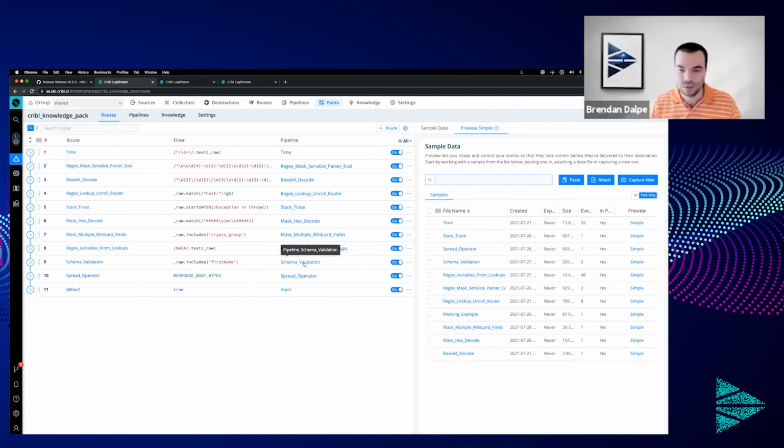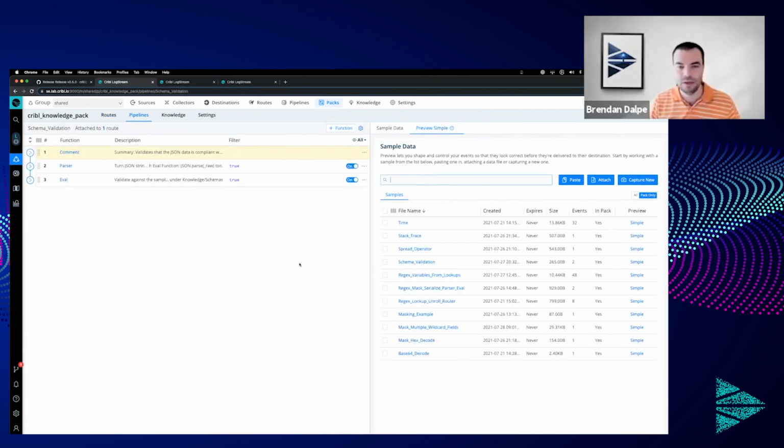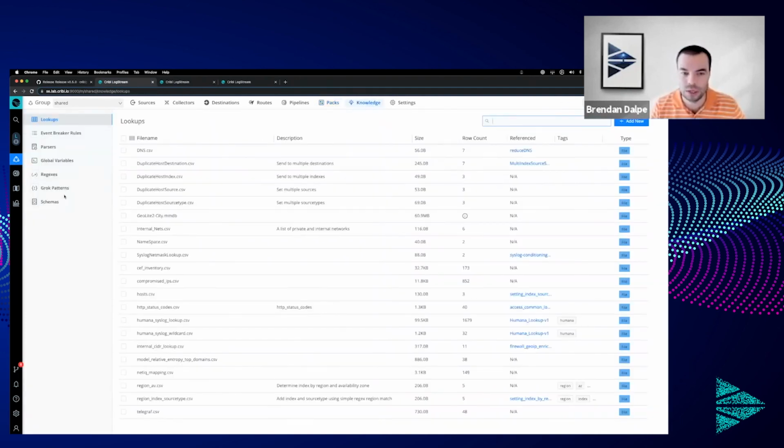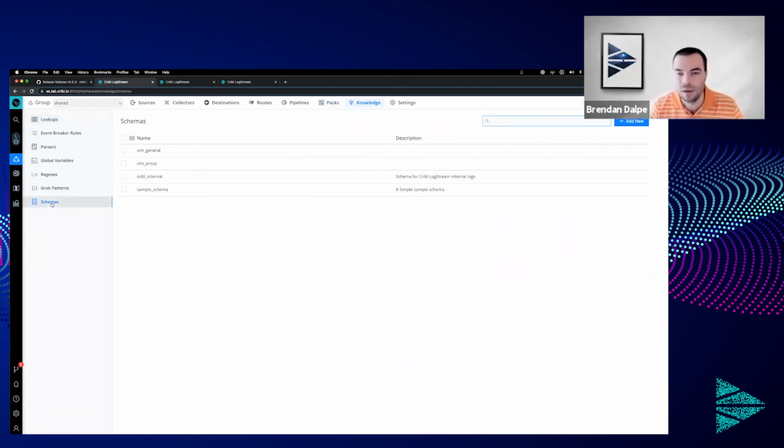Sure. Yep. So schema validation is something that I don't think a lot of folks know exists in the product. We have JSON schema validation built in. What this allows you to do is in the knowledge objects, that's kind of buried away here, is, oops,